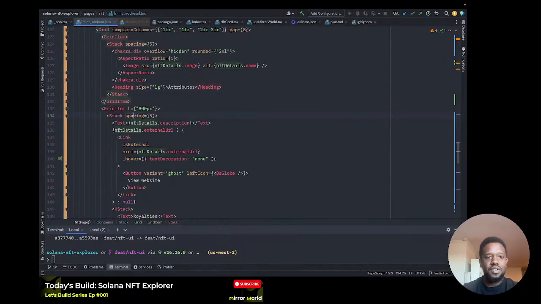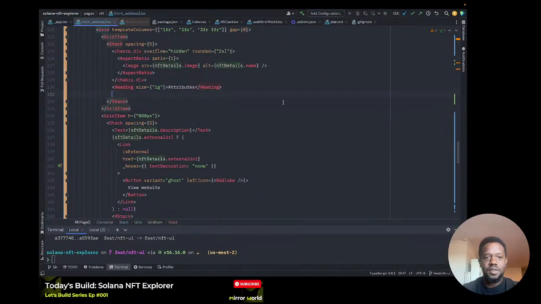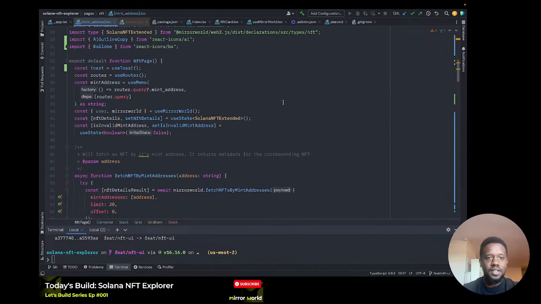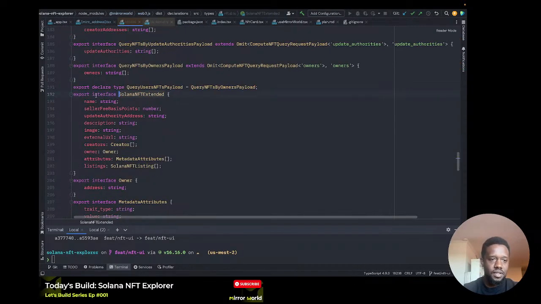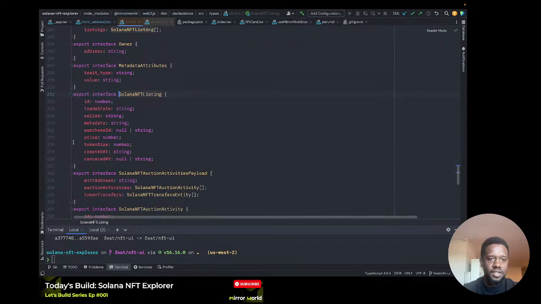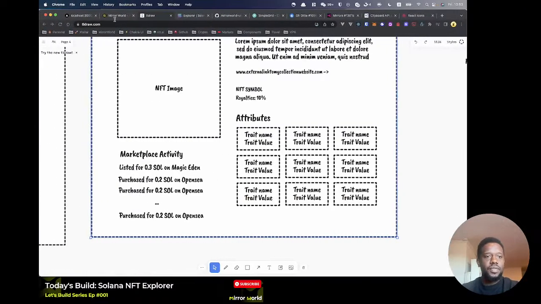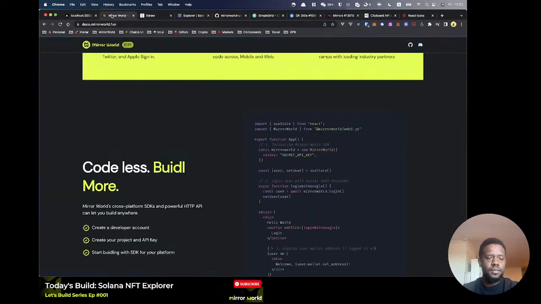So I think this is a pretty interesting component. Let me see if I can first look at the type for that activity. If we go to Solana NFT activity, look at the listing. So the listing has this state. Inside it, we can see the ID, we can see the seller, we can see the metadata as well. One thing I wanted to also take a look at